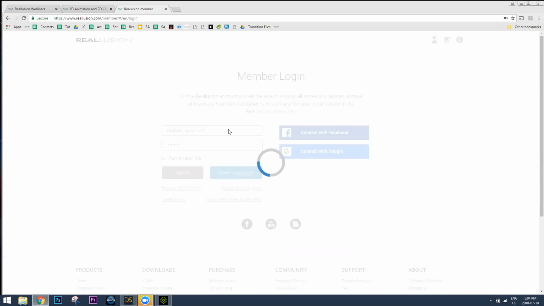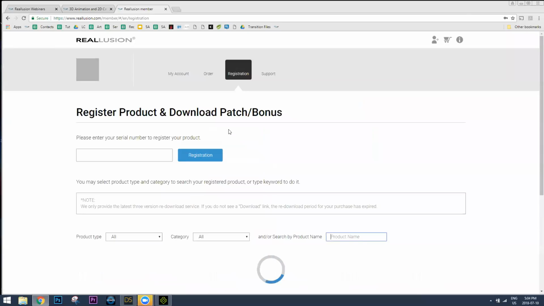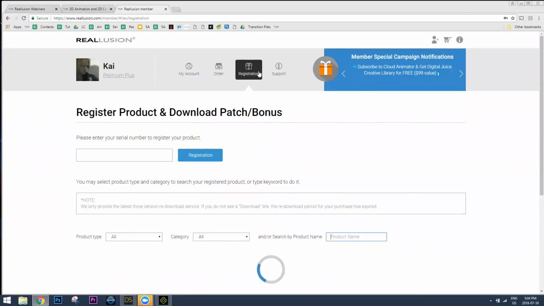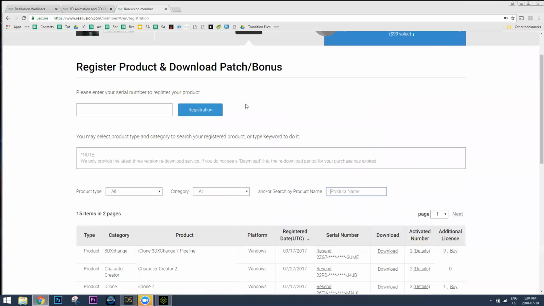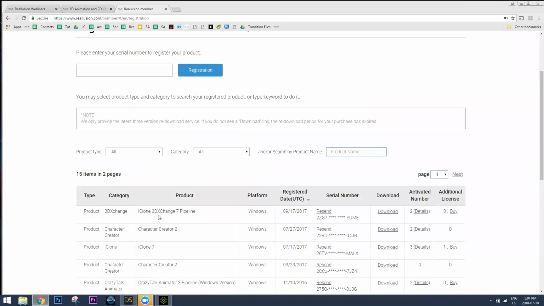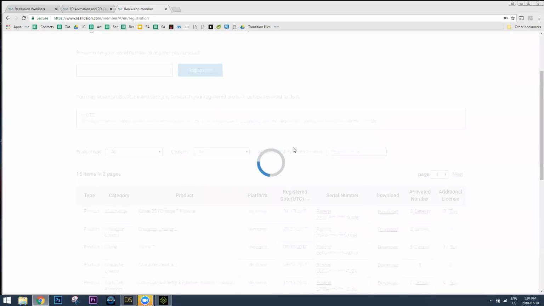Okay, once you're in your account backend, there's a little registration section at the top, and where you can find the Daz extension is down here. You'll find a 3D Exchange 7 pipeline item in your product list here. Just click on download, and it'll bring up a window with a number of